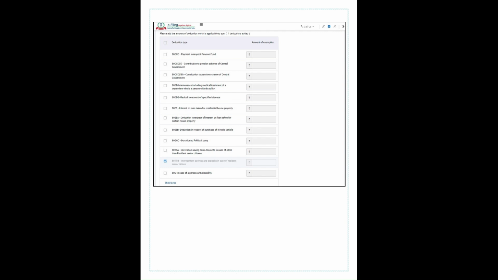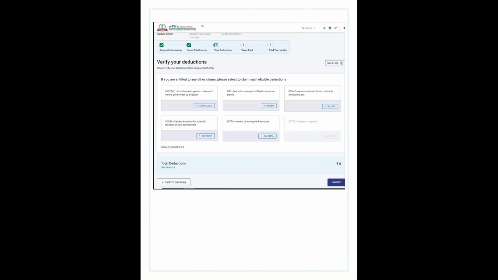Under 80CCD, you can claim an additional 50,000. And if it is a scheme by the central government, whatever amount contributed will be allowed as deduction. That is subject to 15% in case of government and 10% in case of non-government, 15% or 10% of the salary. Okay. So all the deductions, wherever you have proof of deduction, you need to update. Okay. And after all, as I mentioned, the 80D section will be open here. Here you should click add and give the details like 80CCD, 80G donations, all the details. Wherever you have proof of that exemption, you need to update it,